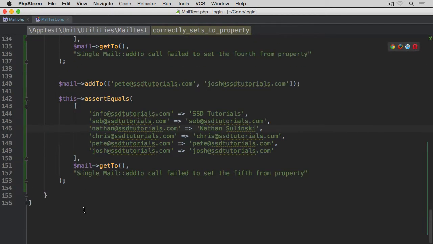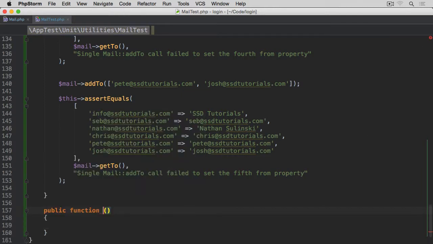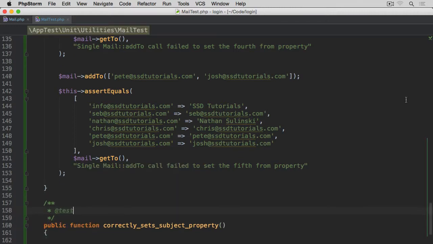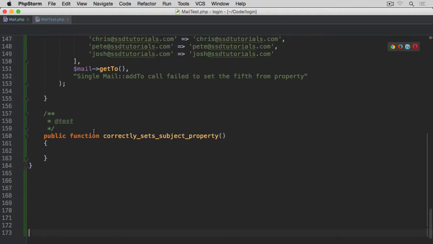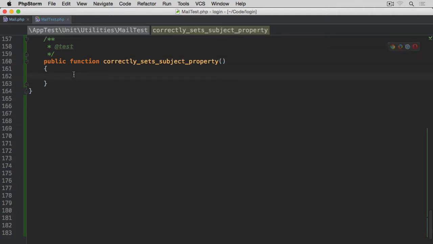So back to mail test, scroll down, create a few new lines, and we are going to start with public function correctly set subject property. And let's make it a test. Scroll up. Okay, we're going to start again with a mail, static container make mail. And now on this mail, we are going to set subject, so set subject, and we're going to set it